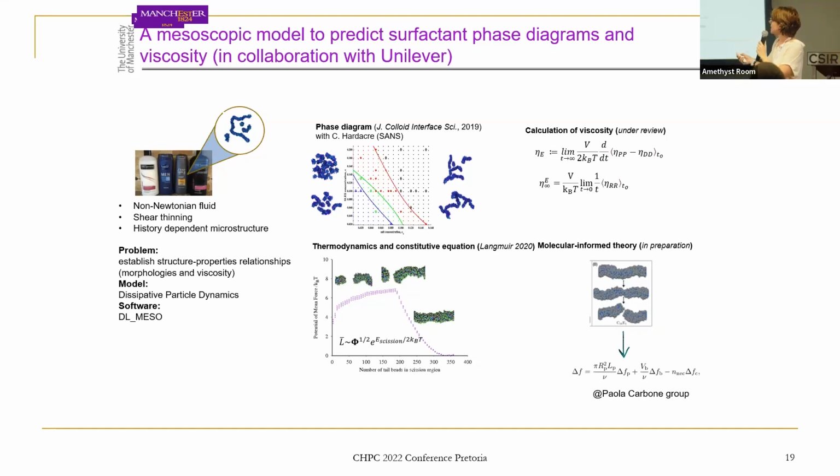The first one is a collaboration I had for many years with Unilever. Unilever is a company that produces formulated products such as shampoos, conditioners, laundry products, but also food. All these products are basically the same thing, colloidal systems. So you have an aqueous phase in which you dissolve large molecules that are water-liking and water-disliking, so they are composed of 2 different chemistries.